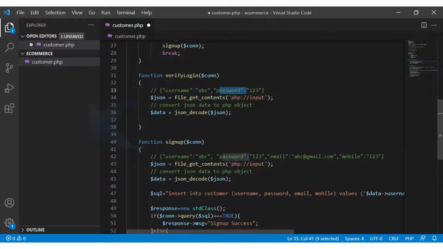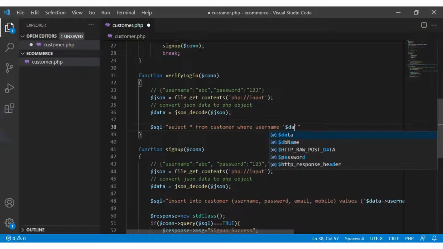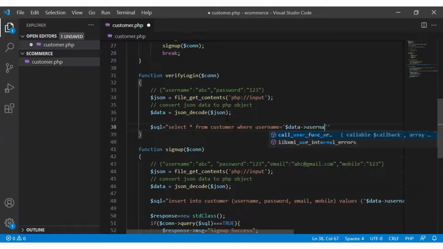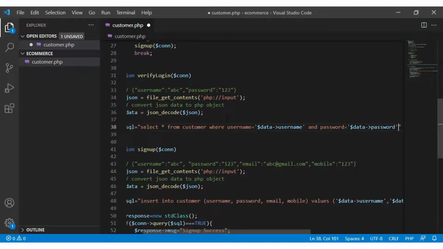So we need to write a select query here. We need to confirm whether the username and password are valid or not. So here I'm going to write an SQL query: select star from customer where username equal to $data->username and password equal to $data->password.